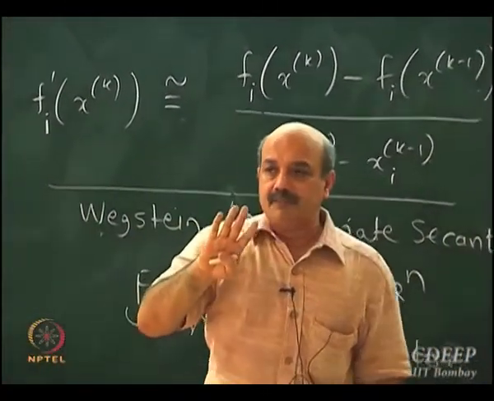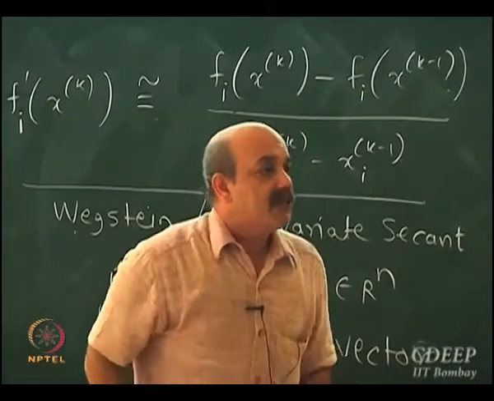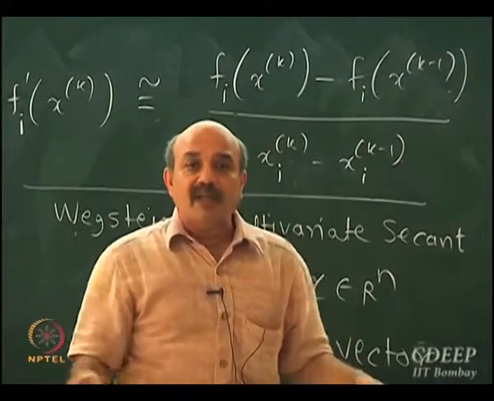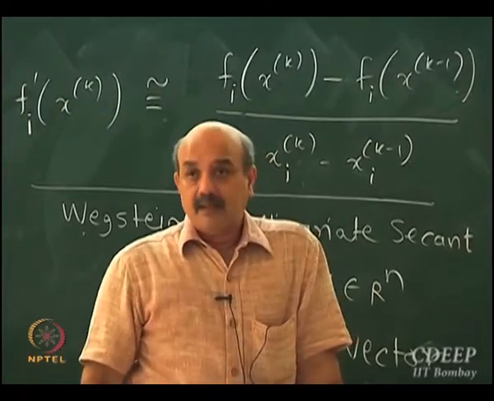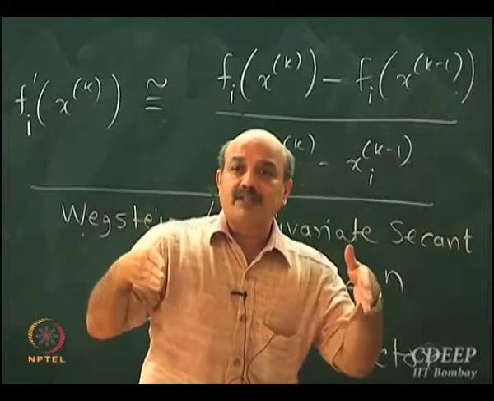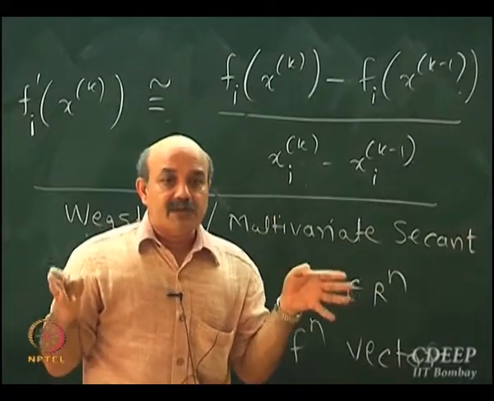Equal to number of equations. Okay, compare with the Newton's method. You need to compute Jacobian. How many elements in the Jacobian? N cross n, right? So if you have 100 equations to solve, you have to compute derivatives which are 100